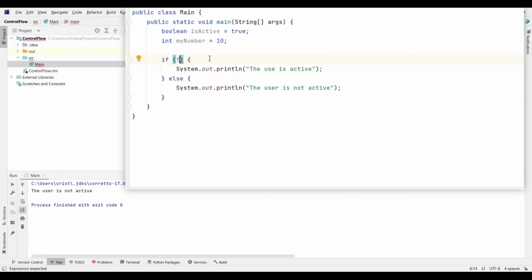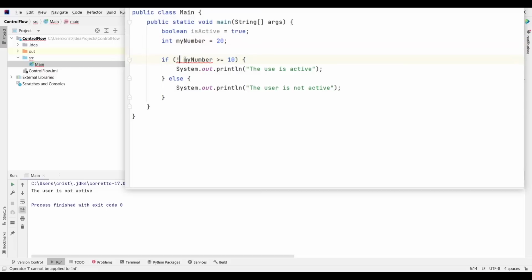If you put the logical NOT operator in front of any expression, it will switch the value from true to false. So if myNumber is greater than or equal to 10, and it's true, let's actually put a bigger number to make it more clear. So we're gonna put 20.